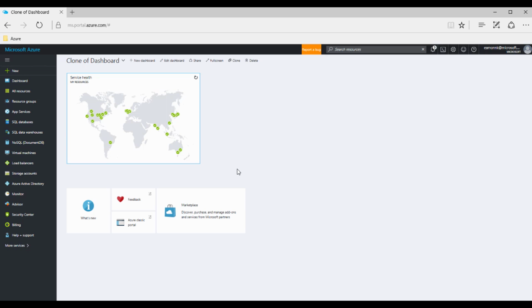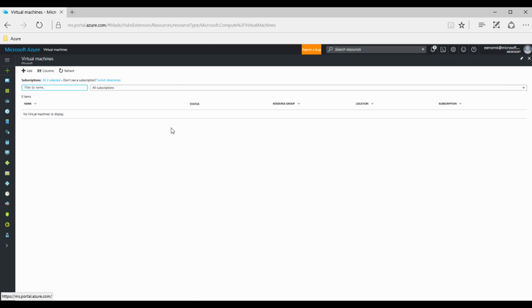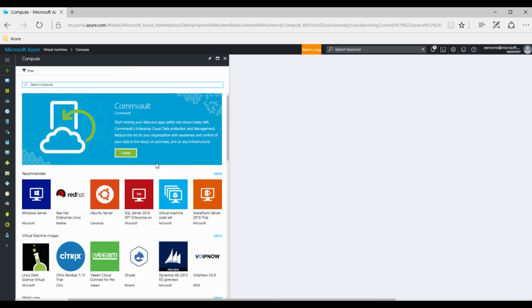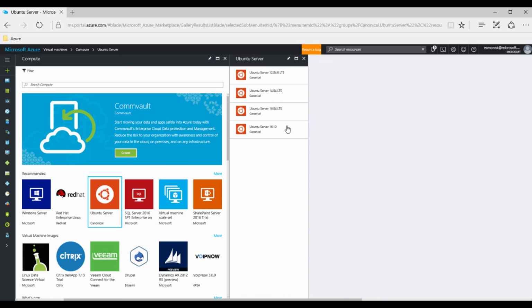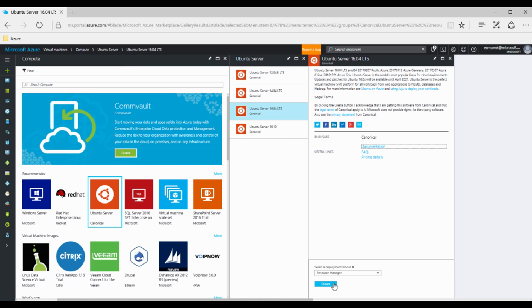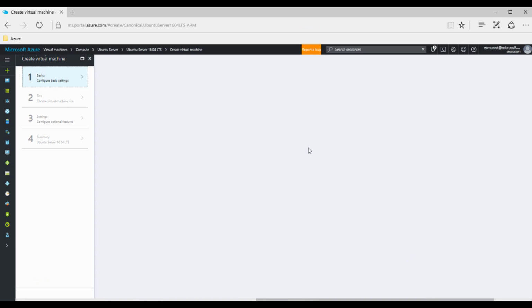So let's go ahead and create a Linux virtual machine in Azure and set it up so we can connect using SSH with public and private keys. So go to new virtual machines, click add, you'll pick Ubuntu, create,